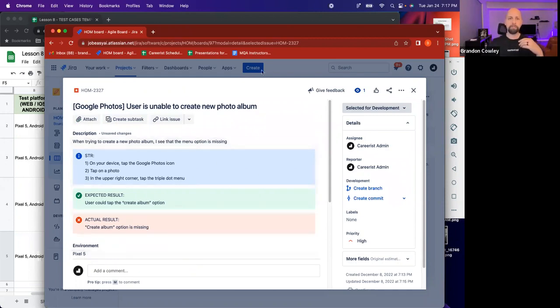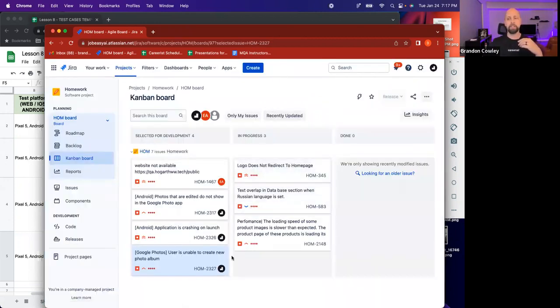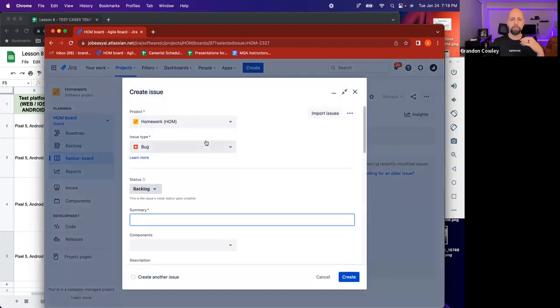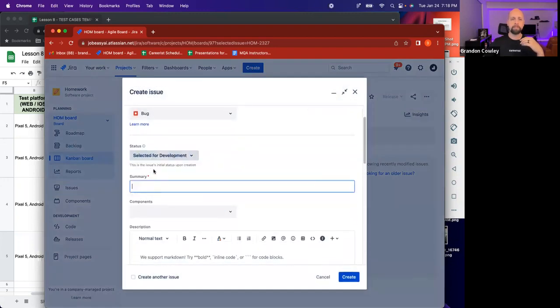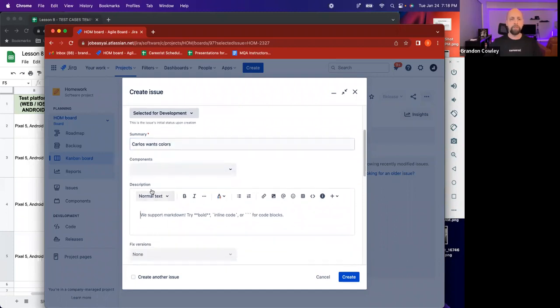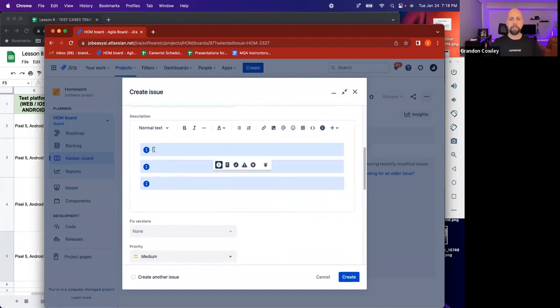Are you allowed to make it pretty? Absolutely. We love good looking things. And that's very easy. What you do, so when you go to create a bug, right? Let's go to selected thing here, and then test bug. I don't know. No, let's call it this. Not a real bug. All right, sue me. What you do in the description portion right here, you click on this eye. This is called an info panel. All right, boom, boom, boom, blast out a bunch of those things. This is an info panel.